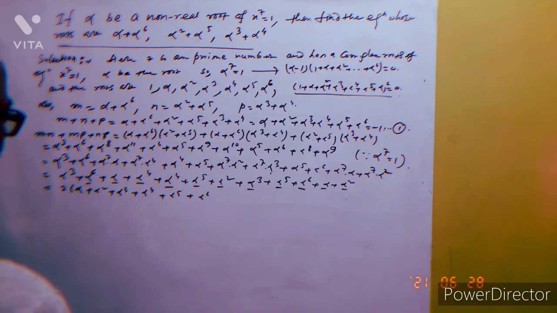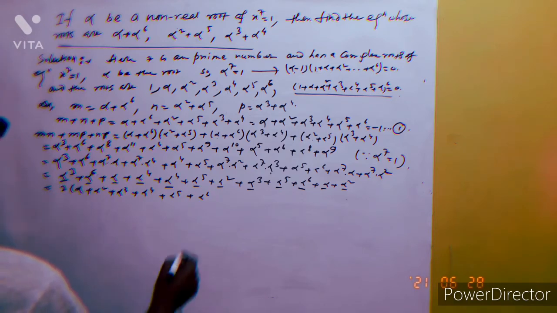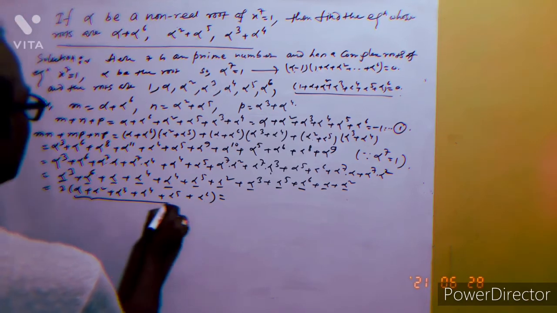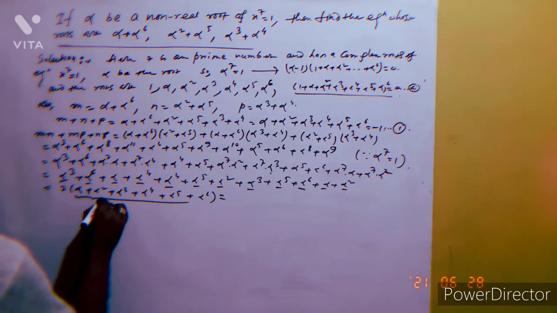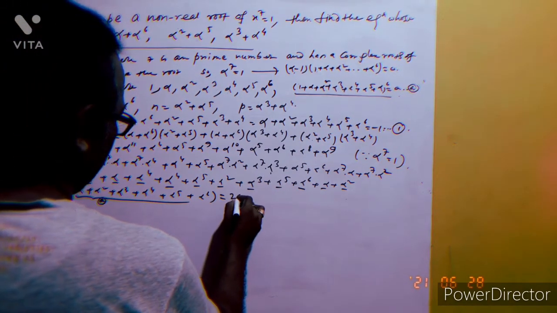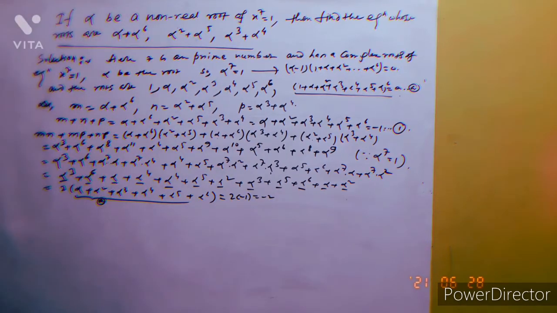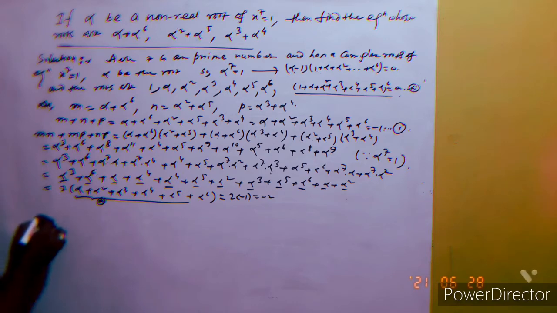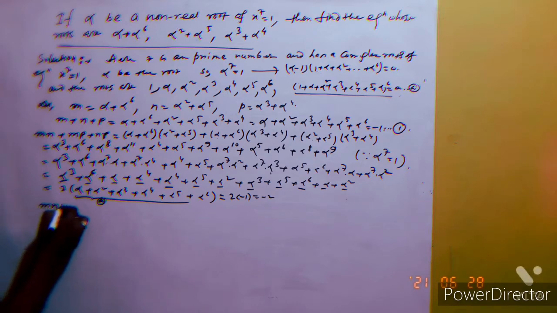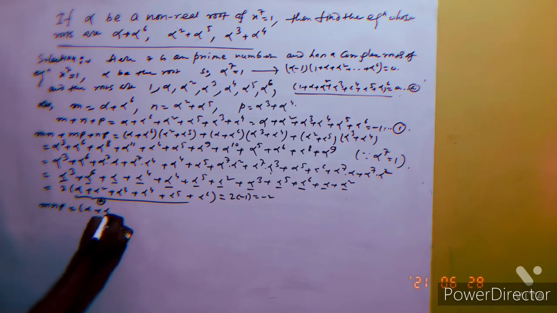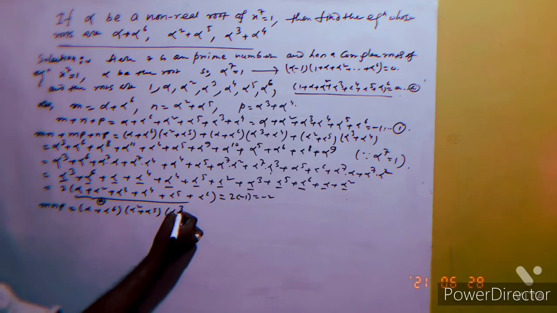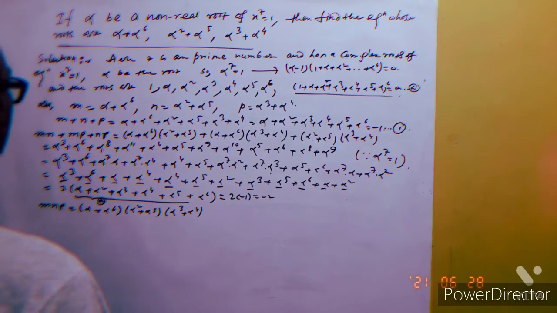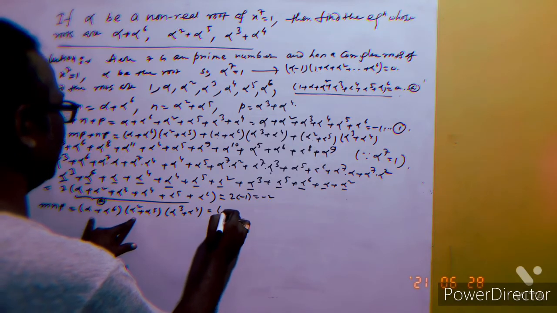Okay, and the value of this from A, this is minus 1, this is minus 2, okay. Now find m and p. Alpha plus alpha to the power 6 into alpha square plus alpha to the power 5 into alpha cube plus alpha to the power 4. Now multiply these two and simplify.